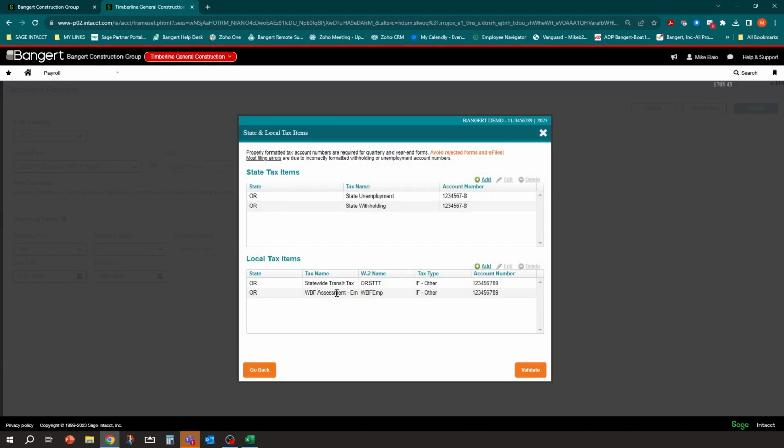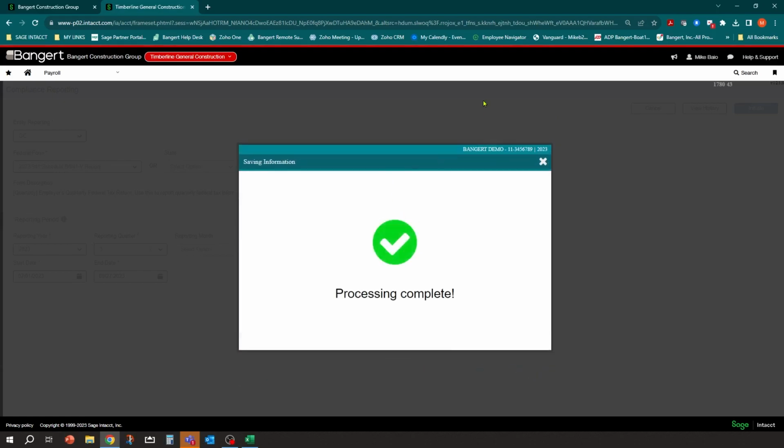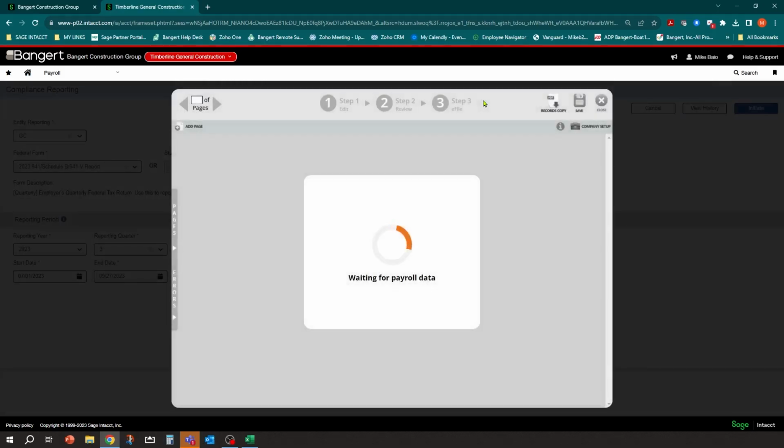And this is where it pops up and says, okay, here's your state IDs that are required. You can add them on the fly here if you need to. If they're blank, you can do that. But I'll show you after we get out of here where you do that in Intacct so that it reads it automatically. So we'll just say, yep, that's good. We'll validate it. And now remember, it already knows the form it needs to run. So I'm just going to click next here, and it's going to generate that information based on our payroll data in the system. So it takes a few seconds to generate that.